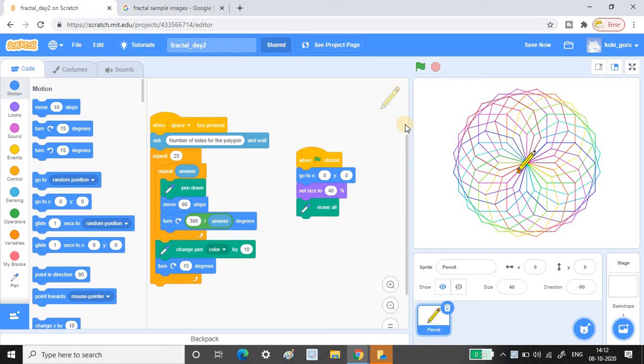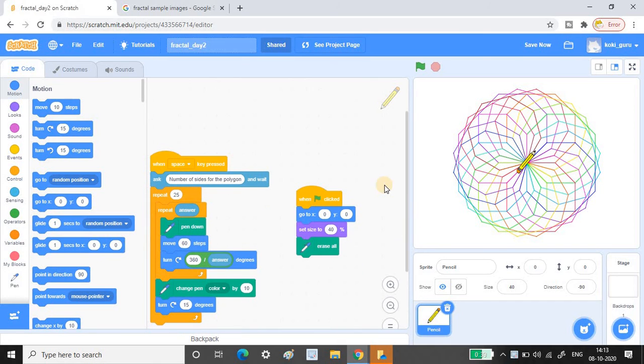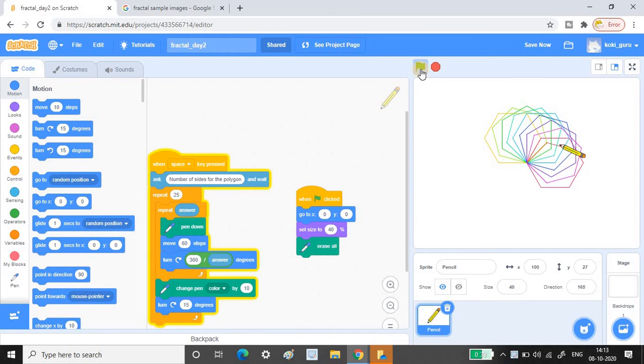They say a fractal is made up of a simple structure which is repeated many times, and each simple structure has the same statistical property. If we talk in detail, that is not needed. As of now we have drawn with the octagon, right? Now let me draw some hexagons and see how it looks. Can you see, this also brings an interesting pattern.